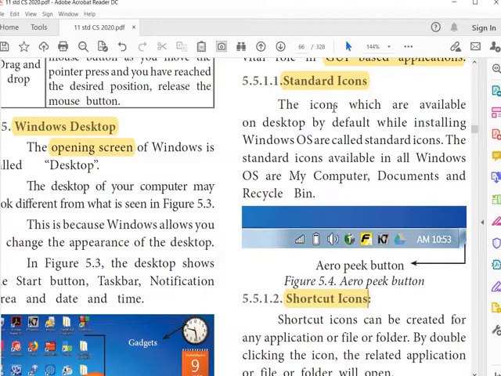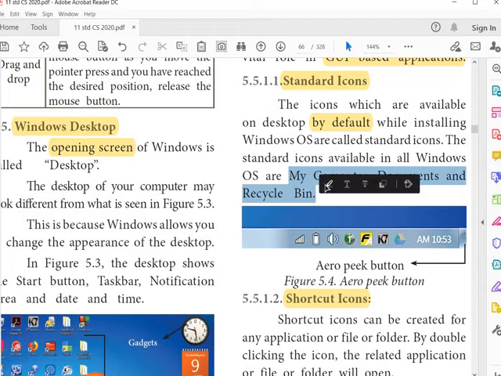The icons which are available on the desktop by default while installing Windows OS are called standard icons. The standard icons available in all Windows OS are My Computer, Documents and Recycle Bin.